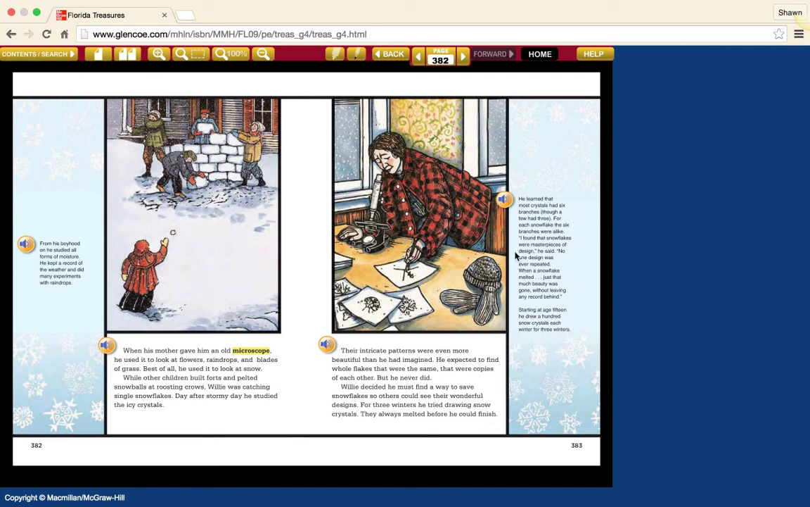And this caption says he learned that most crystals had 6 branches, though a few had 3. For each snowflake, the 6 branches were alike. "I found that snowflakes were masterpieces of design," he said. "No one design was ever repeated." How cool is that? He was the one who discovered that there are no 2 snowflakes alike, kind of like